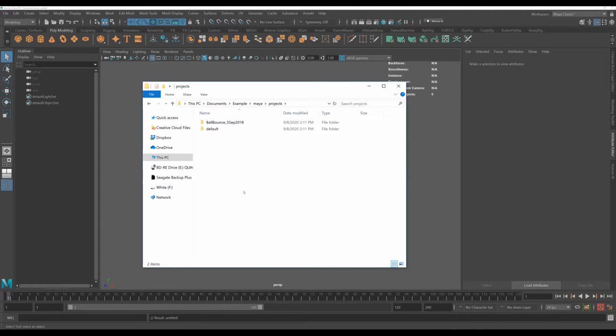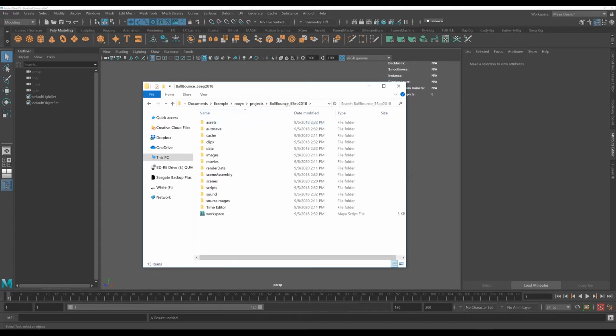on. The reason they did this is you're not just doing one thing in Maya. You're not only modeling and that's it. You might be texturing or exporting renders or even adding audio to animations, all sorts of things that you can be doing. So I'm going to go into this ball bounce folder that I've created, assuming I was creating a project or working on an animation for a bouncing ball, and look at some of the folders that you might